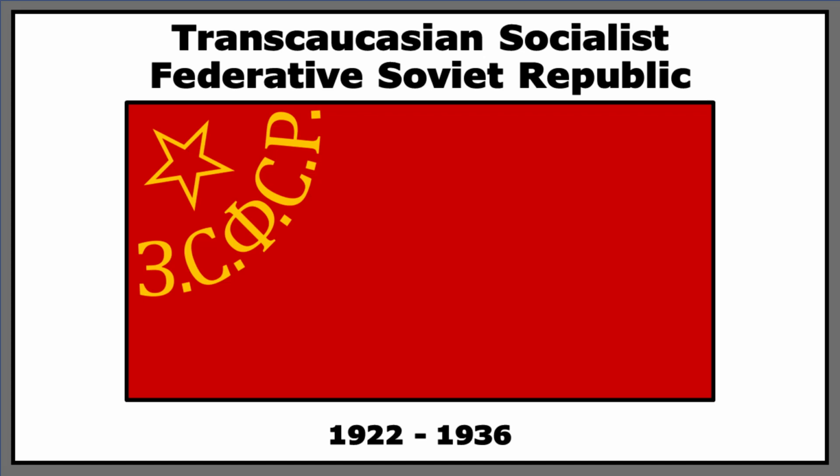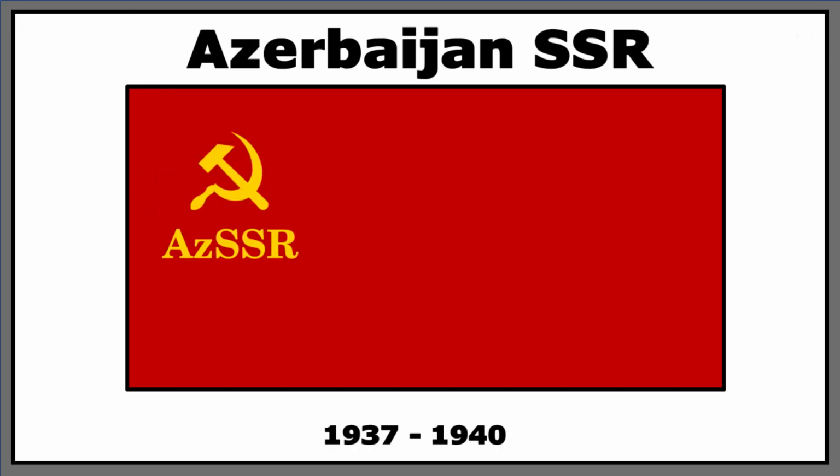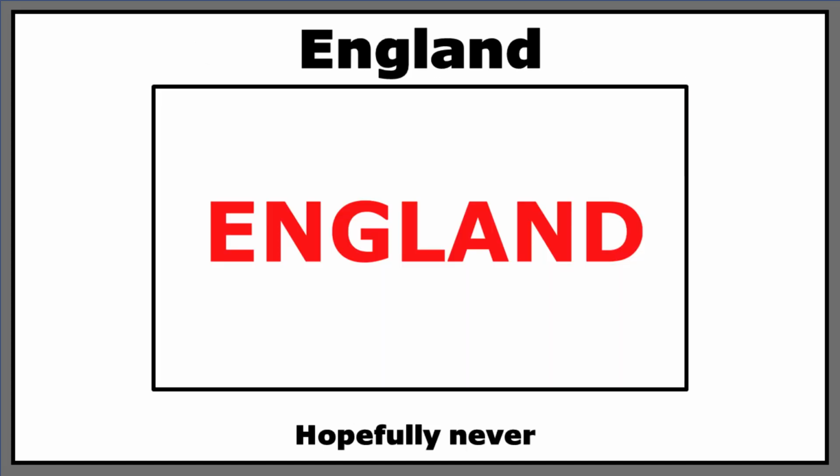Astute viewers might recognise this slide, not only as the longest title used in a video yet, but also because it's been taken straight out of my Armenia video, number 8. So long, Transcaucasian SFSR, we'll see you again in Georgia's video. Eventually, and unsurprisingly, the Soviet republics devolved back into their original form, and a flag of the Azerbaijan SSR was created. What came about was nothing special, simply a red field with a yellow hammer and sickle above the text, AZSSR, of course referencing Azerbaijan Soviet Socialist Republic. Thank God other nations aren't compelled to do the same with their flags.